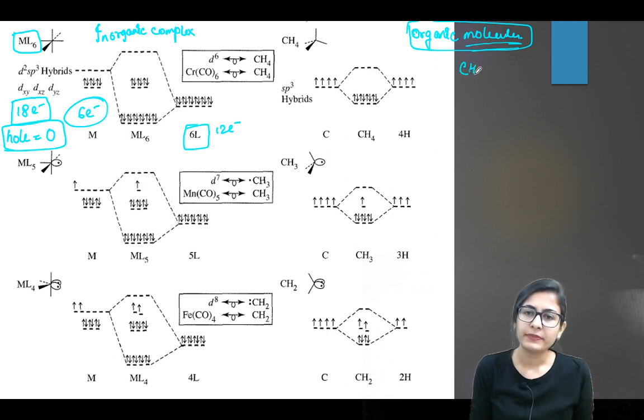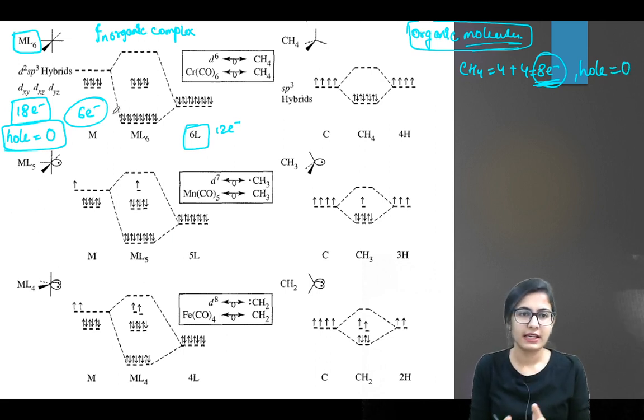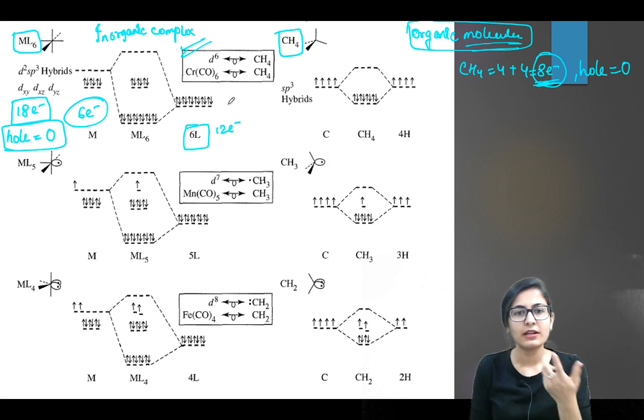Similarly, if we talk about the organic fragment, that is our methane, carbon has 4 electrons plus 4 electrons donated from the hydrogen, that is a total of 8 electrons. And you know that the p block element follows the 8 electron octet rule. So it is complete with 8 electrons, so the number of holes is equal to 0. So electronically we can say that ML6 following the 18 electron rule is isolobal with CH4. Here is just an example of chromium hexacarbonyl complex. It is going to be a d6 metal, so 6 electrons from chromium and 12 electrons from the carbonyls gives you 18 electrons. Just one example, isolobal with CH4.